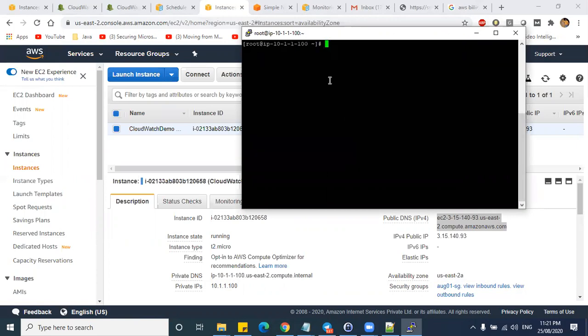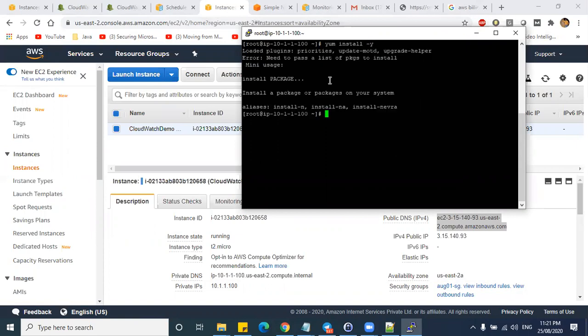Okay. So let us install Nginx server, the application server. So we will have logs for this server, right? So let us see how to push those logs back to CloudWatch. So this is not actually required. It is just a demo to understand in a better way. So I'm just showcasing this one.